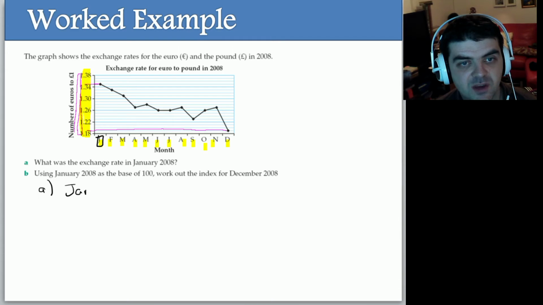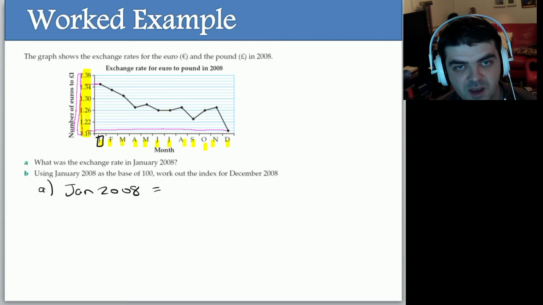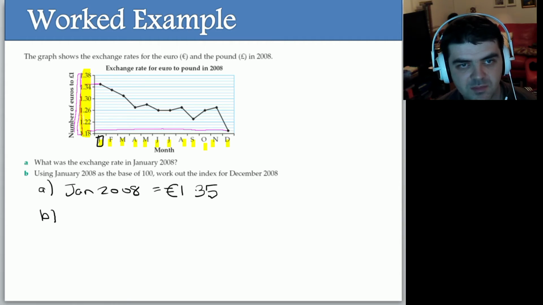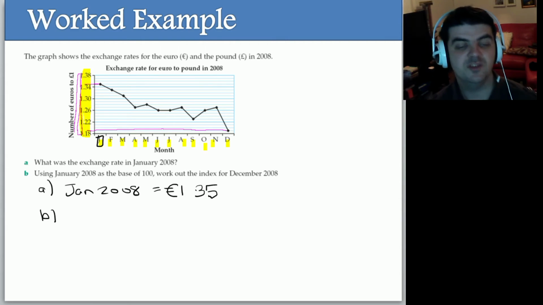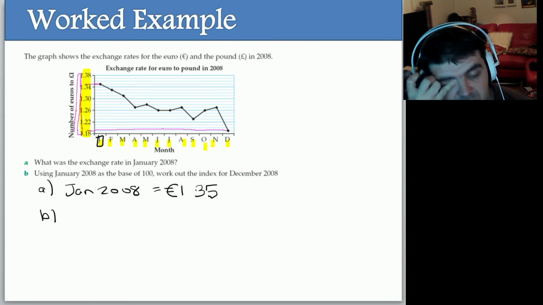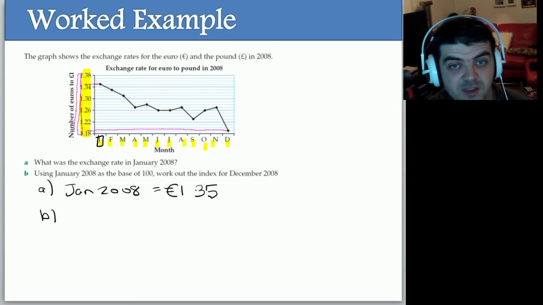135. So in January 2008, the exchange rate is, for every pound, €1.35. There's my euro symbol. Nice and easy. During January 2008, or using January 2008 as a base of 100, work out the index for